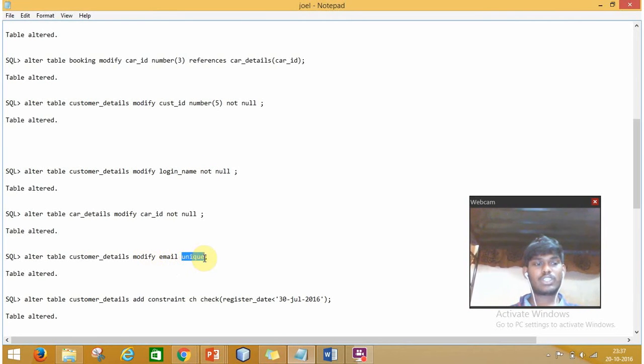We will directly write the unique. See, alter table table name, modify email unique. Now, the next question is